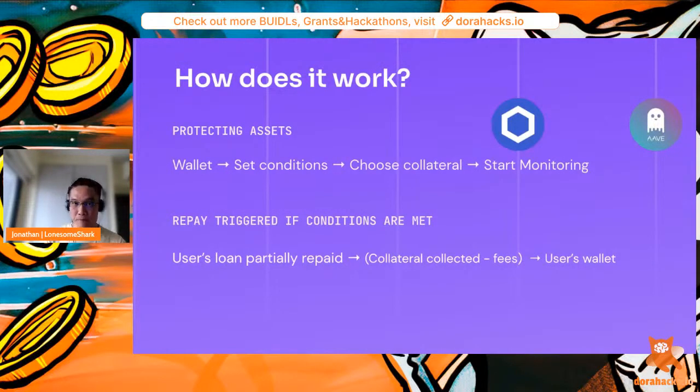So how does it work? For the monitoring automation for V1, we use Chainlink Keepers. And Keepers is a decentralized network of nodes that will help you to monitor conditions that you set for various different conditions. In our case, it is to monitor liquidation thresholds for our borrowers. And second, we use Aave for the flash loan functionality. So again, you connect your wallet, you set your desired conditions, in this case, your liquidation threshold that you want to be notified on,